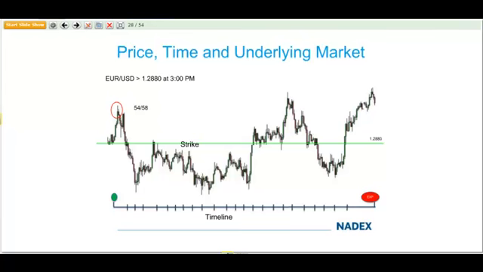And since it's over the strike price, remember, rule of thumb, if the underlying trades at the strike, then it should be around 50. So right now it's traded 54.58. All right? The underlying market goes below the strike, it's 42 at 46. Still, it's a far way to go